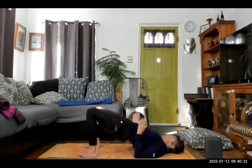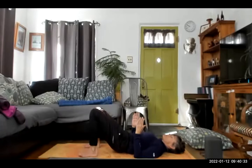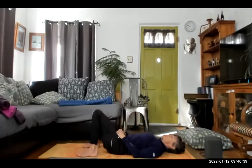And slowly release. One vertebra at a time. Come all the way down, all the way down. Just unfurling through your spine. Resting the knees together. And a little bit of